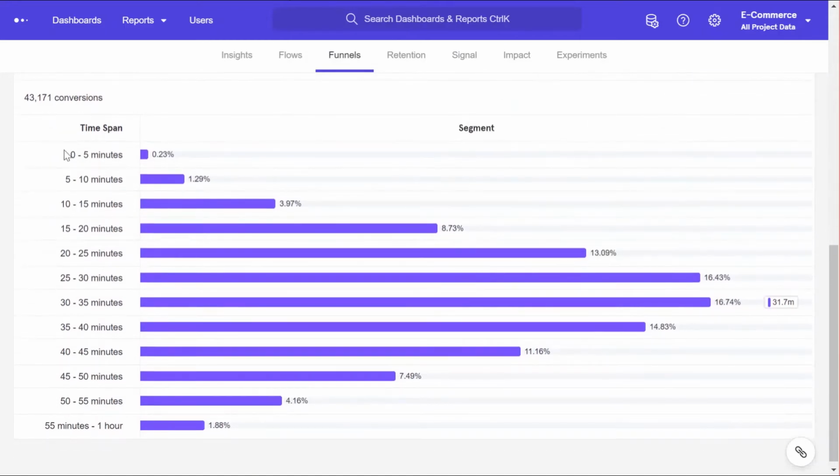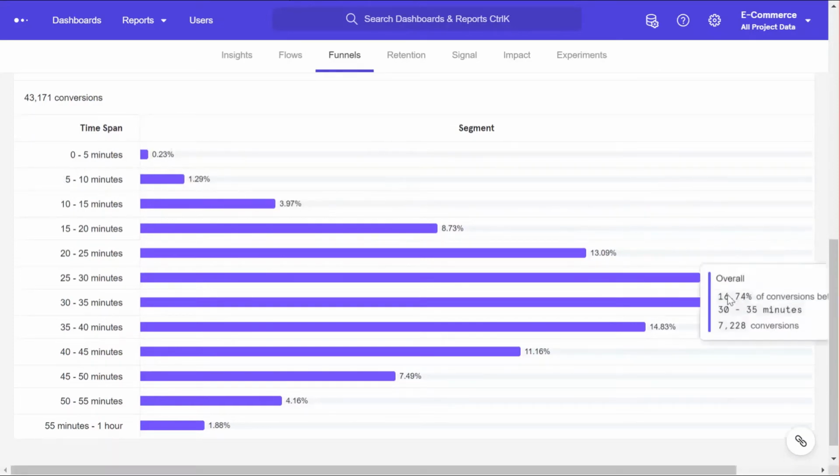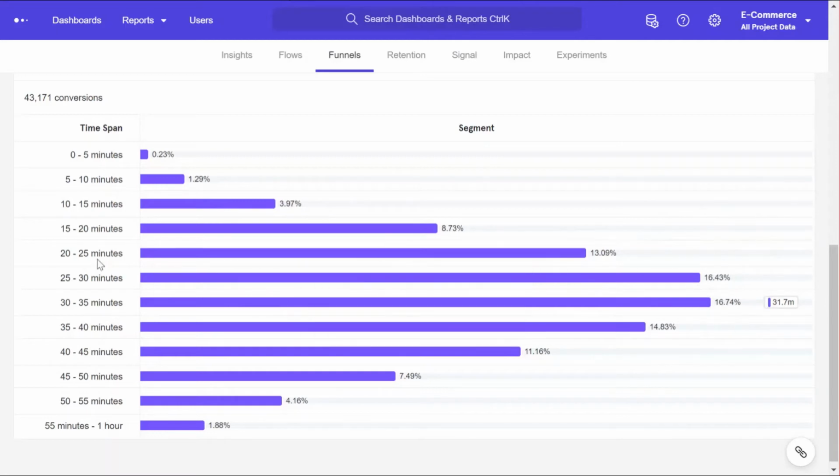Let's stick to this. So you see very few people convert within 5 minutes, more convert between 5 to 10 minutes. And then somewhere here is where you see the maximum frequency. So between 20 to 40 minutes is what people take after adding to the cart in actually placing the order. This kind of visualization can be very helpful in figuring out the typical pattern of behavior for your users, and also help you identify the opportunity if the time taken looks very high, right?